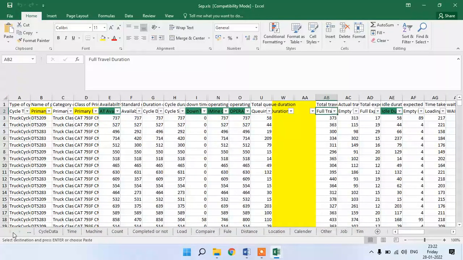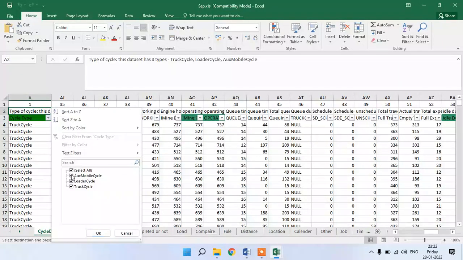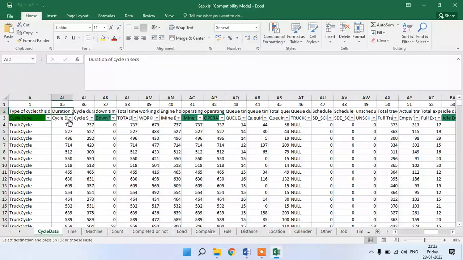Now the major columns which I required: truck cycle, AUX mobile cycle, and loader cycle, the three cycles. In this, duration of the cycle we required in seconds. Then maintenance, then downtime is very important. What I highlighted here, only that I used for the calculation.